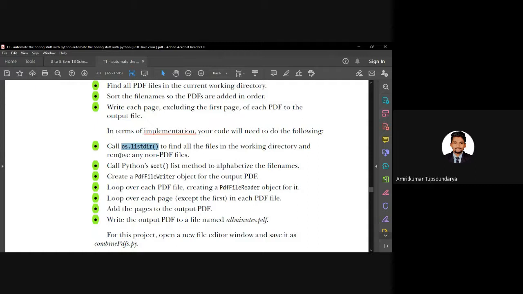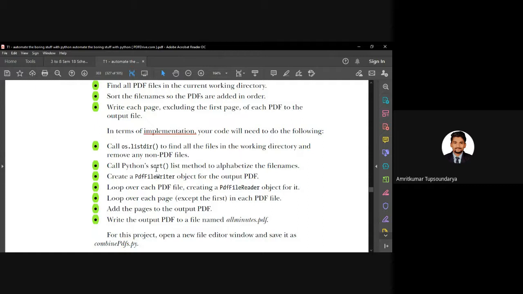Once we import it, we call the os.listdir function to find all the files in the current working directory and remove the other non-PDF files. Then we are going to call Python's sort function. This is the built-in sort function which will help us list all the PDFs in sequential, ordered manner, alphabetically.